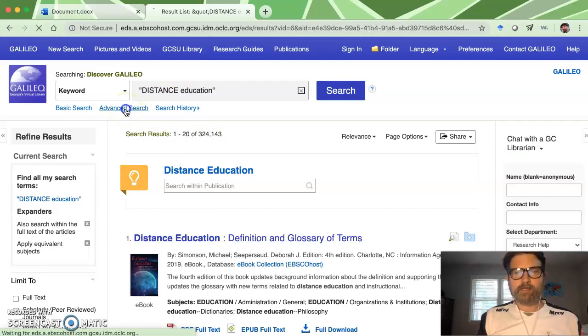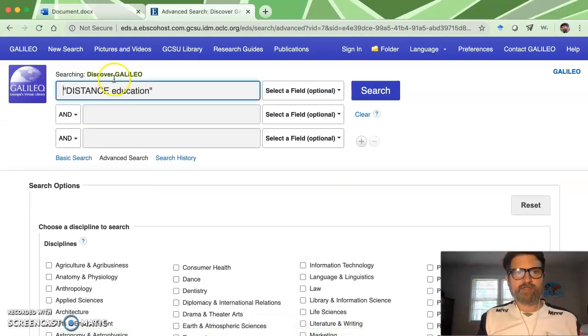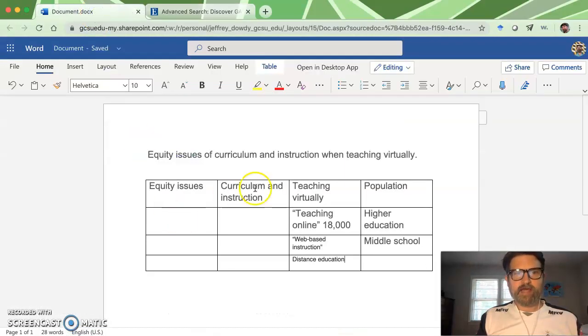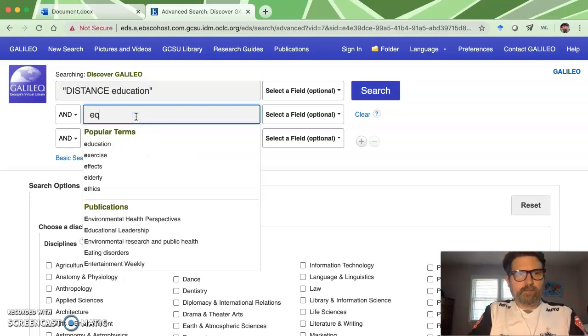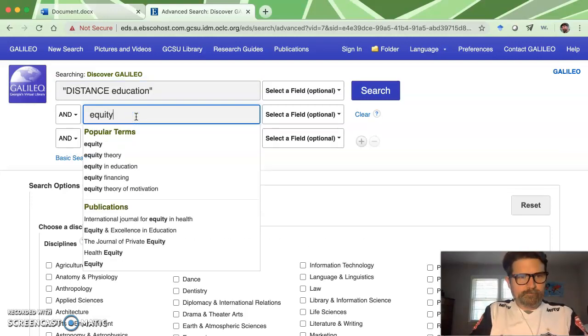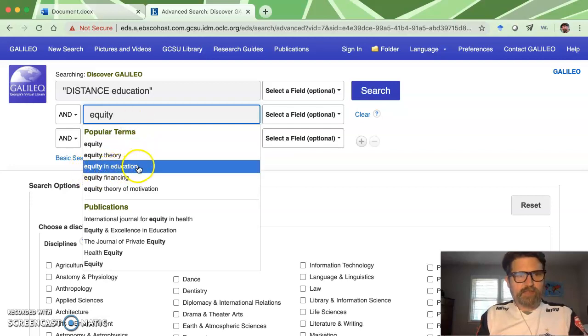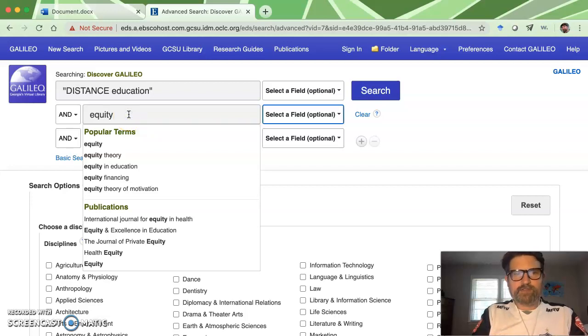Now, jumping ahead a little bit, if I click on advanced search, let's say that I have explored these other columns. I'm not going to go through that because you understand the idea, but I'm going to do equity. And you see that this is good. It says equity in education. I don't have to write education, but it makes me think that equity is a good term.